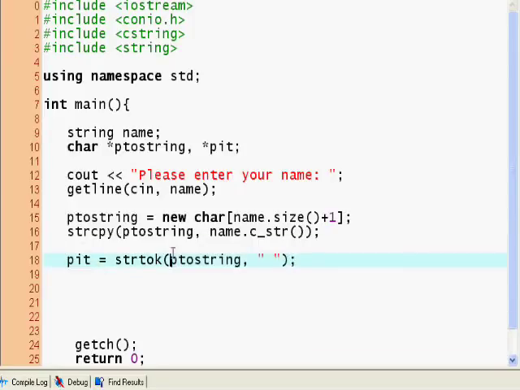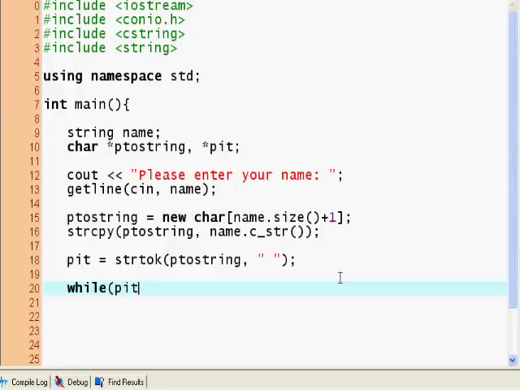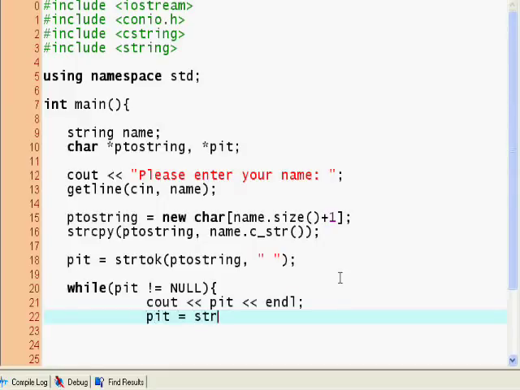So while p_it is not equal to null, so while we still have input, we're gonna use cout p_it endl. So here's gonna be our main function, and then p_it equals string token method, and now I'm gonna say null, and once again